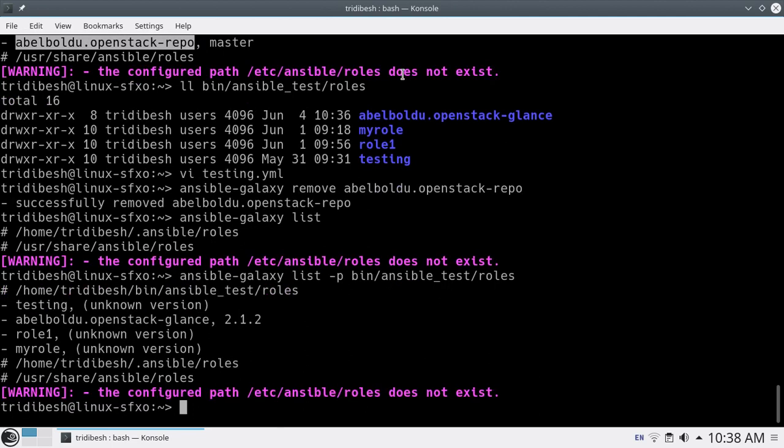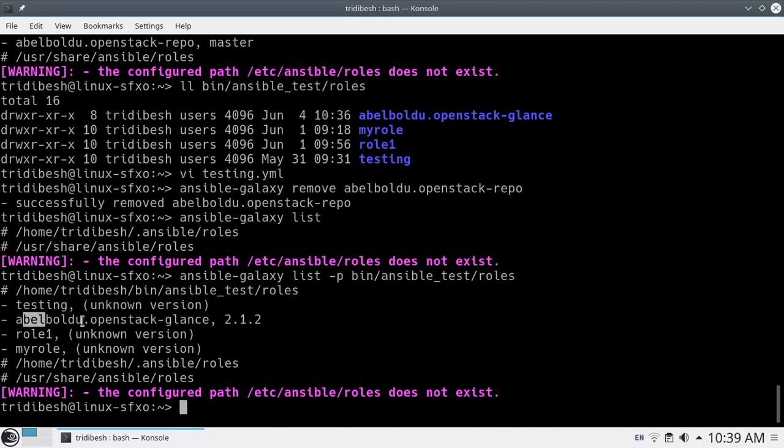And if you want to see the Ansible Galaxy roles downloaded in some other custom directory, like last time I used bin/ansible_test, you specify it with the -p option, and then it will show what all roles are there inside that directory. This testing role I created, that's why you are seeing unknown version.